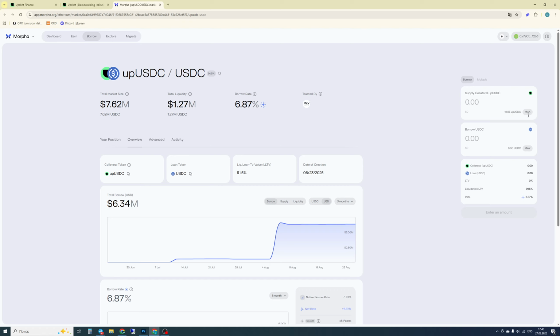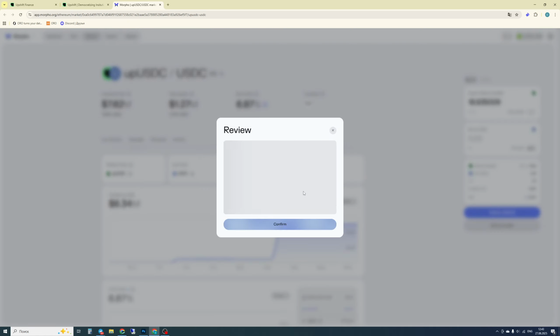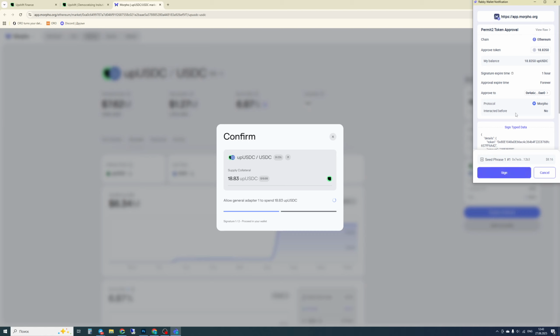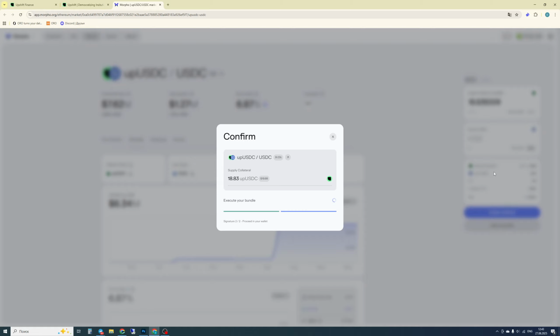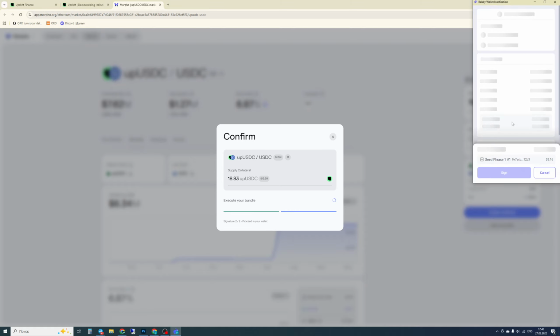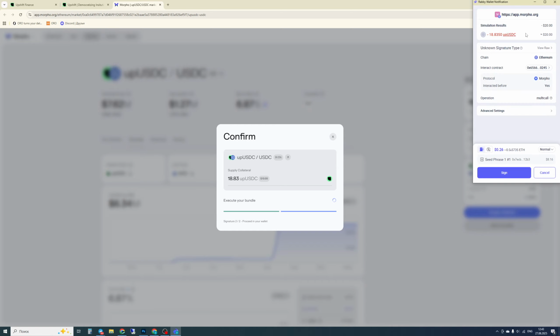In this case, we are simply depositing our up USDC to earn additional points. We will not be taking any loans, so our funds will be safe. We are depositing our received 18.83 up USDC and clicking Confirm. Accordingly, we sign our transaction, provide confirmation for the contract, and do not give full approval for the deduction of our up USDC.